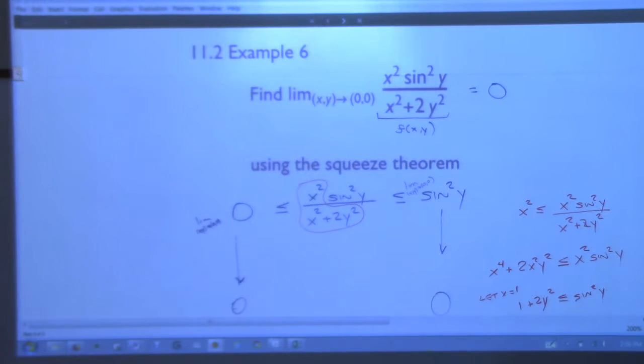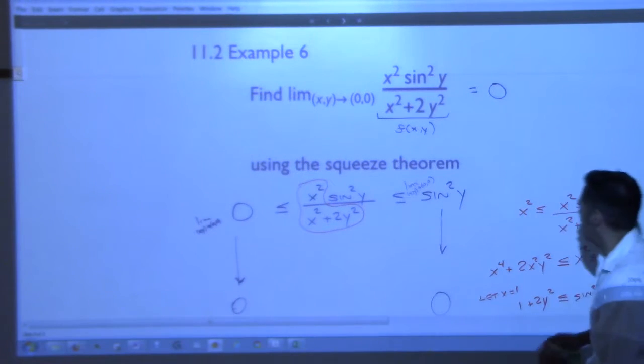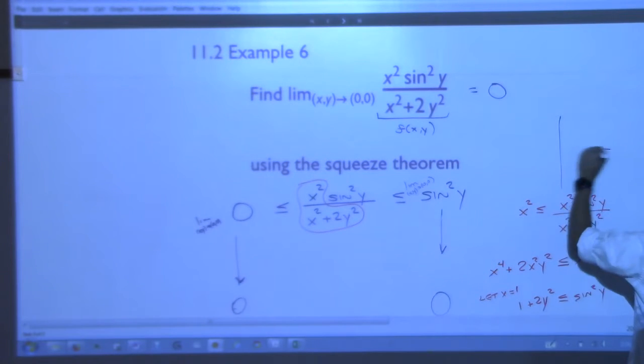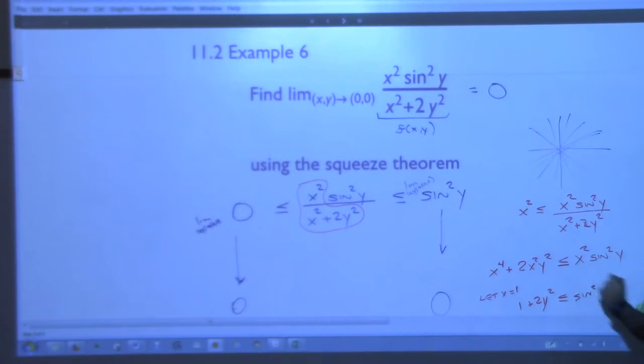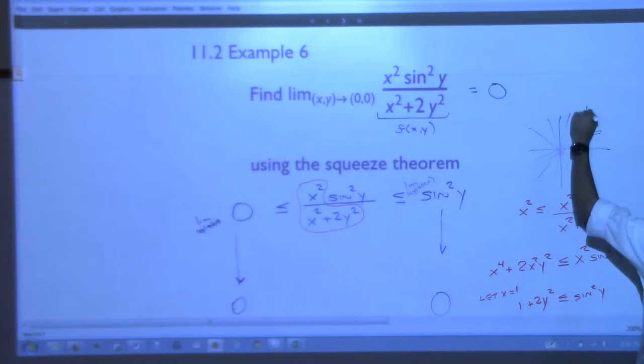That would be in the realm of the epsilon ball type idea, where you're getting points closer. But the thing is, you still have to check. I mean, that could be very dangerous, because think about this. You remember on that problem that we did where we checked every single line, and all of them gave us the same answer? Yes, sir. The only one that gave us something different is when we came in along the parabola